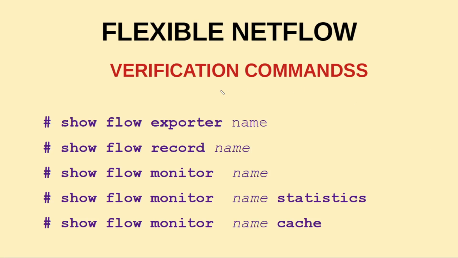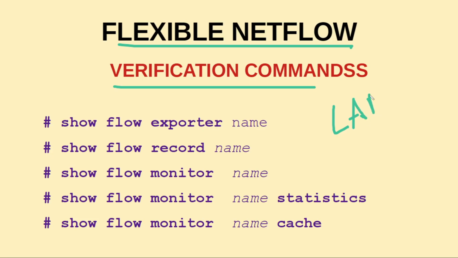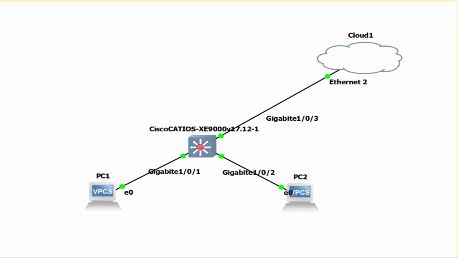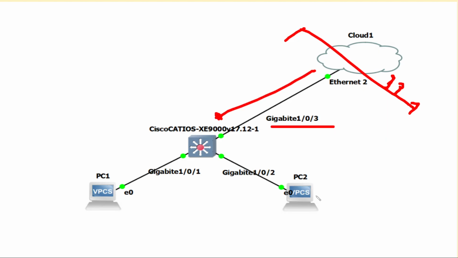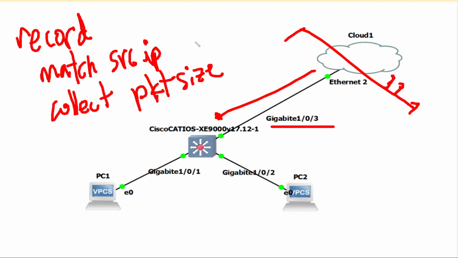In order to review the verification commands for flexible NetFlow, we are going to do a lab. We are going to connect this Catalyst 9000 to the local area network. We have several devices here that are going to be sending traffic, a lot of broadcasts and multicasts into this interface. So we are going to create the easiest custom record, where we are going to match